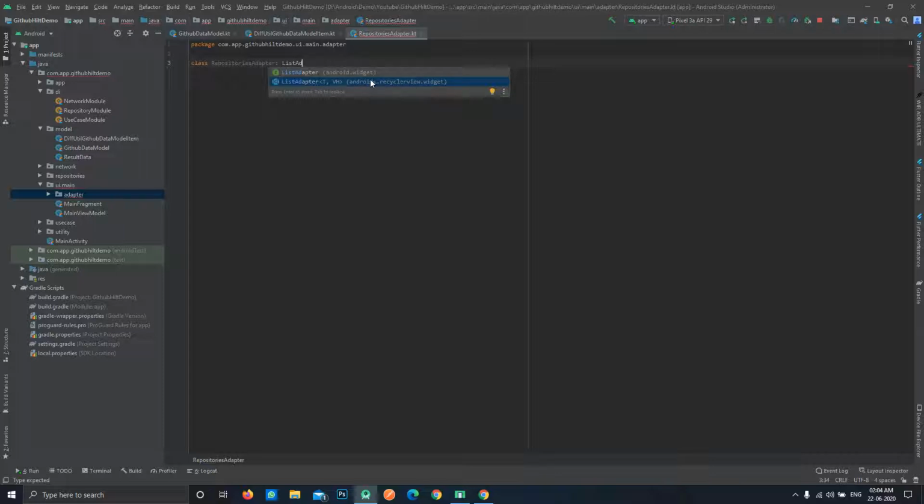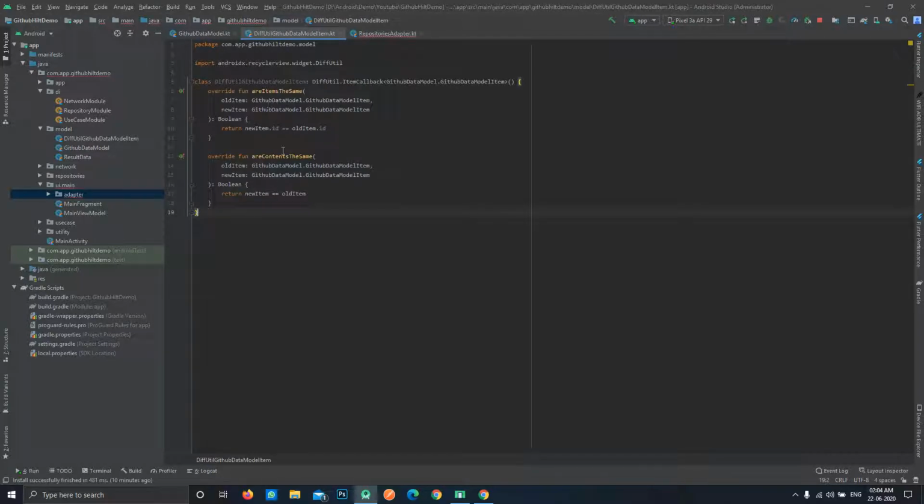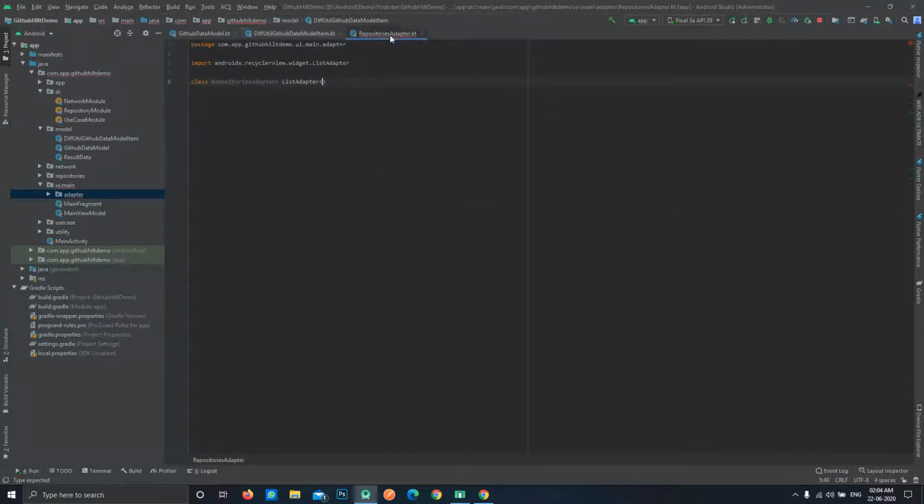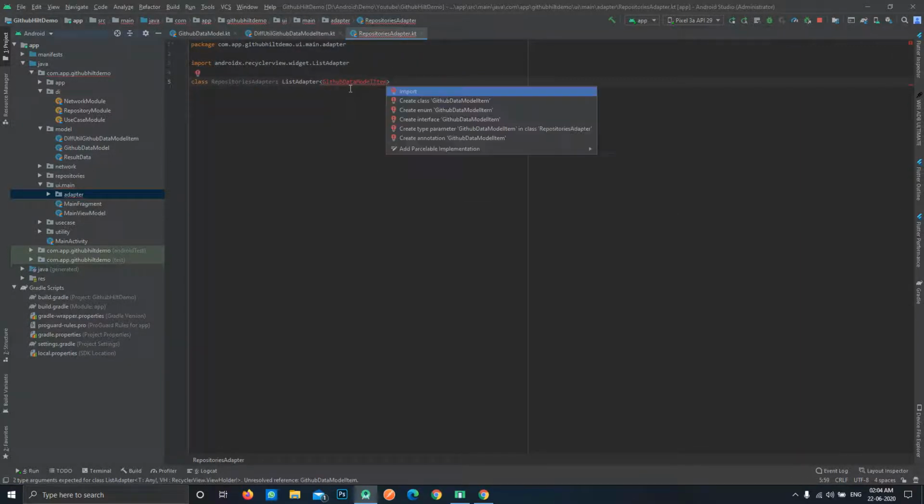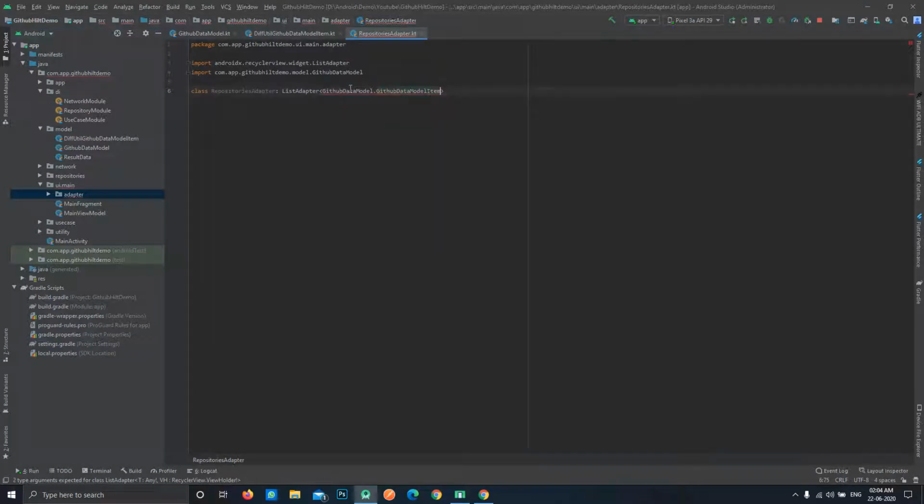So we'll use this recycler view one, and you can see that we have to define two types over here. The first one is the data class, and the second one is the view holder class. So now just press alt enter, and we'll have to define our data class, which we have defined in our diffutil also. So this will be our data class. Just copy this and paste it over here, press alt enter and import this class.